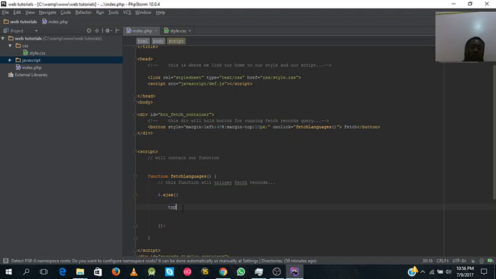And then we want to say that the type of the call that you want to make is a post type, and then the URL that is the executor of that process or that work is the fetch master.php file, which we've not yet created, but we're going to create. And then